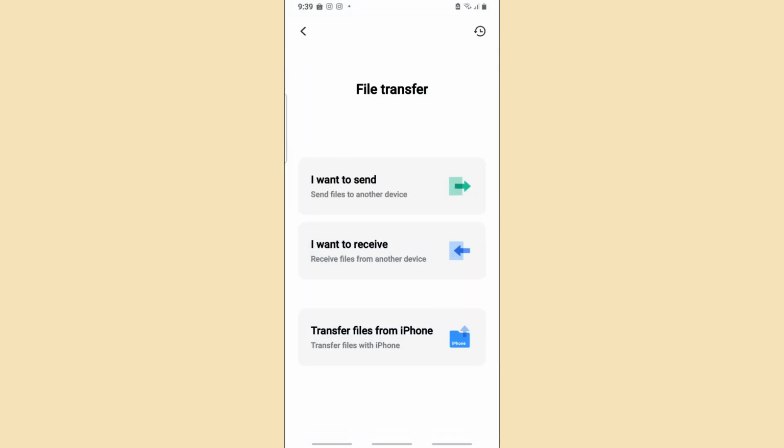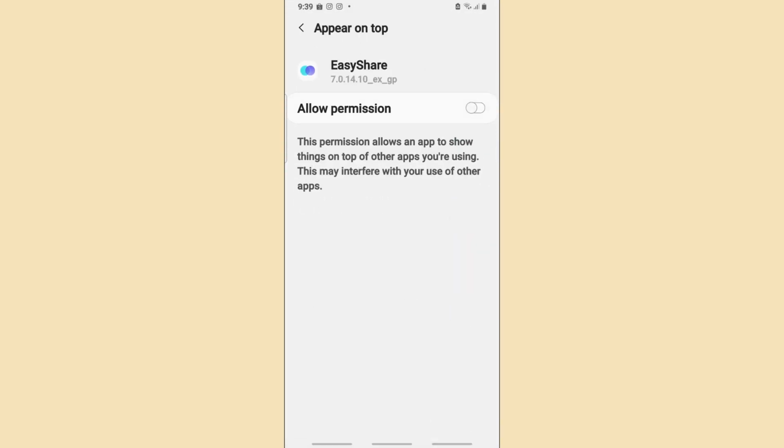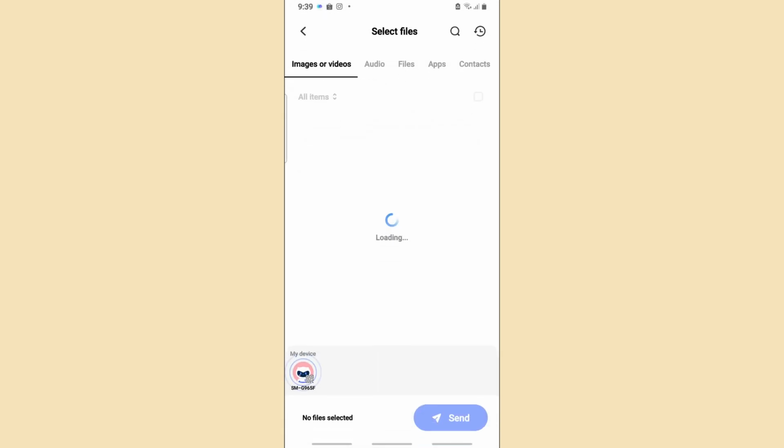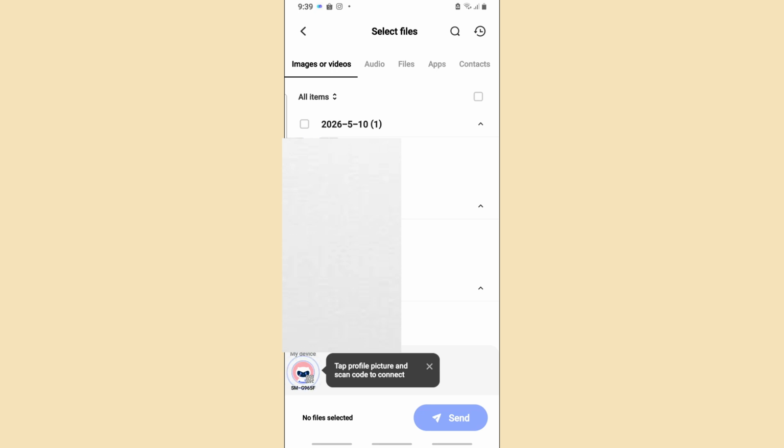And pretty much over here, you want to select, I want to send that, guys. And now over here, select set. And pretty much over here, you can just simply select allow permission. And guys, there are some permissions that you want to allow. So make sure to allow it, including your storage, your camera. So pretty much it will prompt you automatically that you need to allow it in order for you to proceed